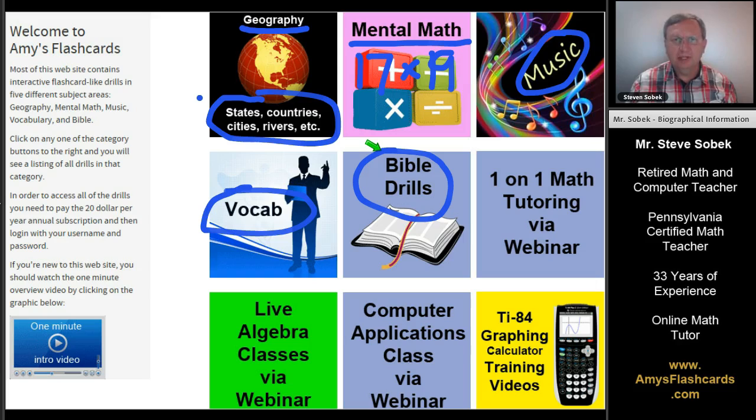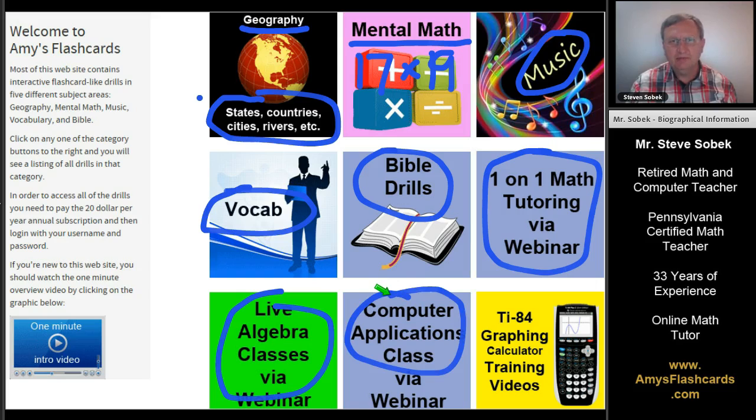These other buttons reveal some things that were added on later. For example, yes, I do provide one-on-one live math tutoring, and we'll talk about that later. I do offer some algebra classes. I do offer a computer applications class. Yes, I have 10 videos on how to use a TI-84 graphing calculator, a very valuable tool. Worth your time learning. But I'd like to begin by focusing on these first 5 buttons and just show you